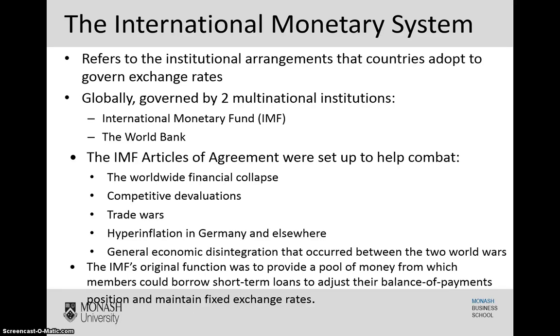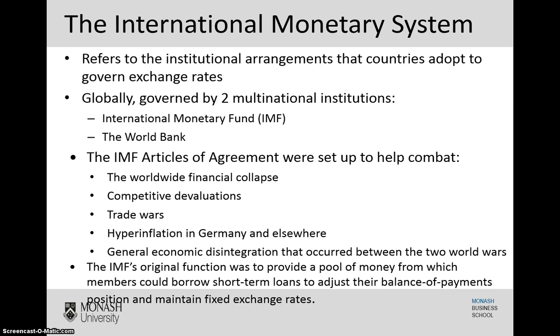Alright, so our last video for this week looks at the international monetary system, which as you can see refers to the institutional arrangements that countries adopt when they attempt to govern exchange rates. So this is clearly quite an important framework, given all the stuff that we've talked about in the